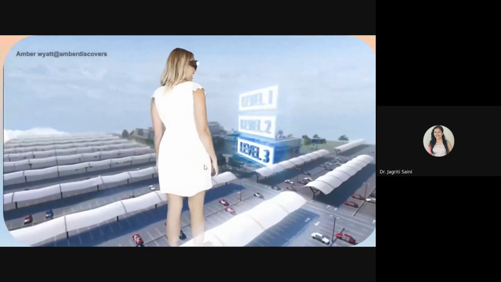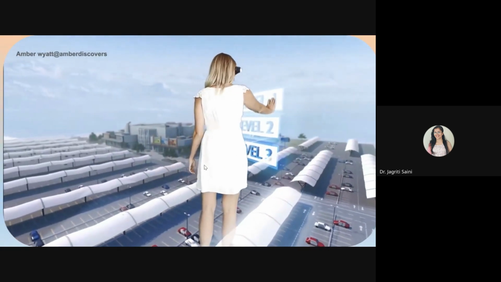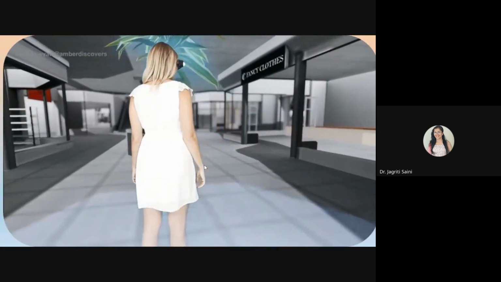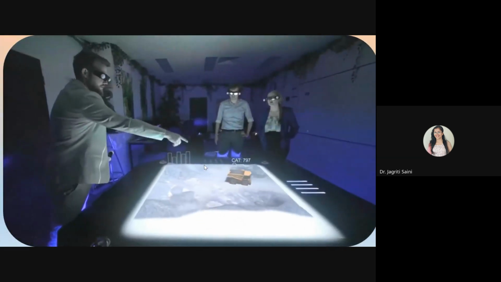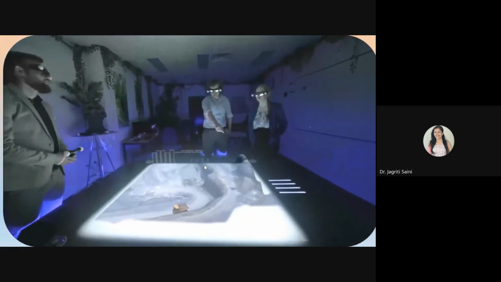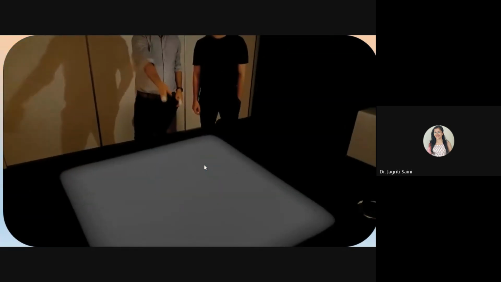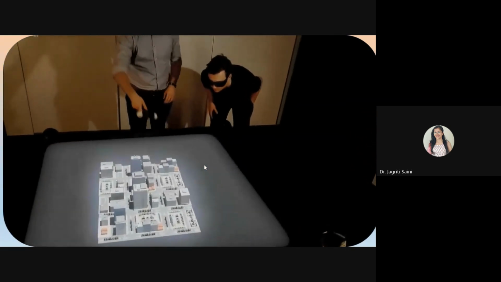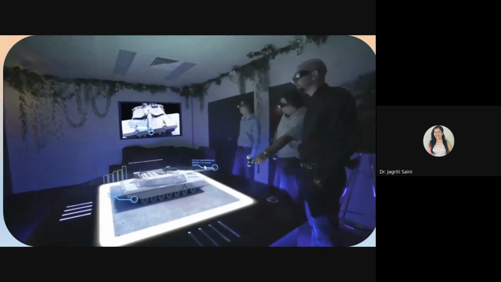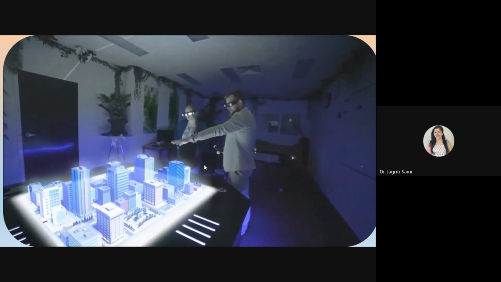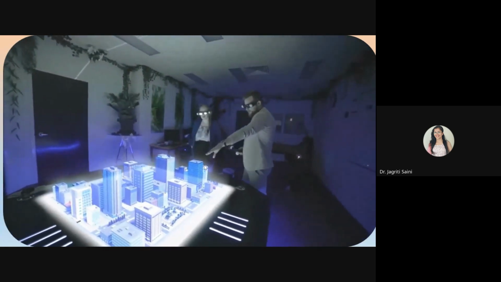For architecture, we have full-size hologram rooms where multiple people can go in together and walk through life-size CAD models or polygon designs. For government and town planning, we have hologram business tables. These project holograms up to 70 centimeters high. You can zoom in on all of the detail. A few years ago, our company produced the world's most powerful graphics engine for running laser scans and point cloud data. So these hologram rooms can project entire cities or entire countries.